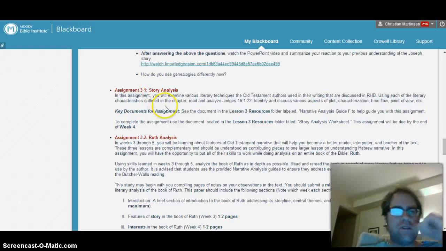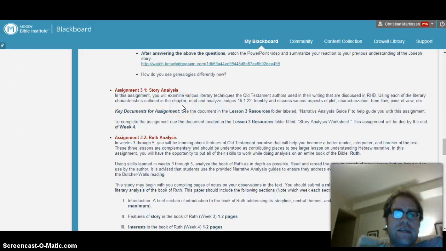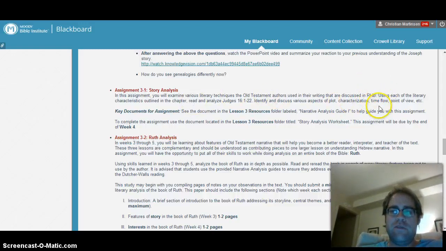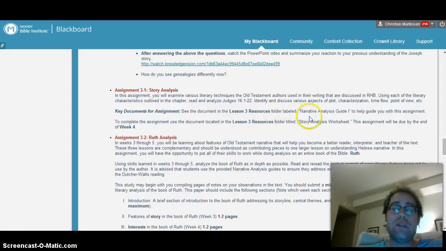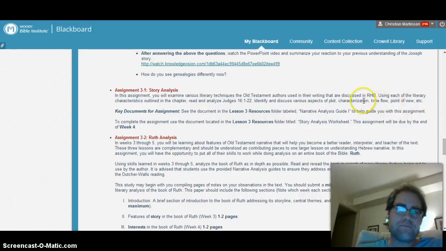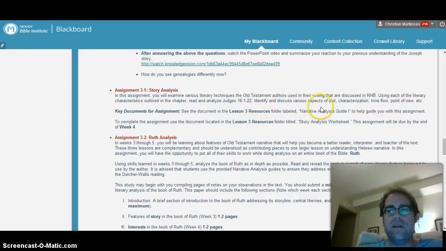But first and foremost, in this story analysis, you're going to examine literary techniques in the Old Testament that the authors use in writing that are discussed in the RHB reading this week. Using each of the literary characteristics outlined in the chapter, read and analyze Judges 16, 1 to 22. So that's going to be your text, Judges 16, 1 to 22. Then you will identify and discuss various aspects of plot, characterization, time flow, point of view, etc. Hopefully we'll make that quite clear of where you make those observations and identify and